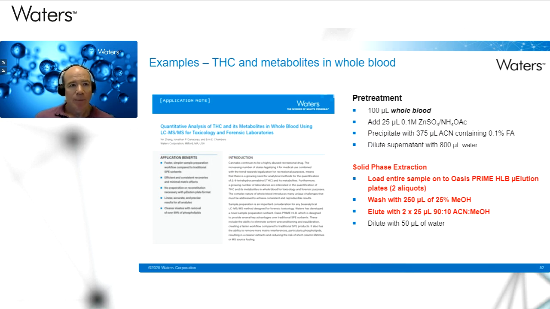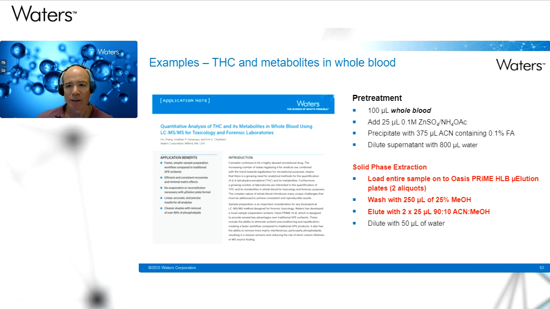And the final example I want to use is THC and its metabolites in whole blood. Again, we're going back to whole blood instead of polar compounds. These are non-polar, more hydrophobic, and they tend to be highly protein bound as well. So in this case, we were adding a little bit of zinc sulfate and then precipitating with 3-to-1 acetonitrile containing